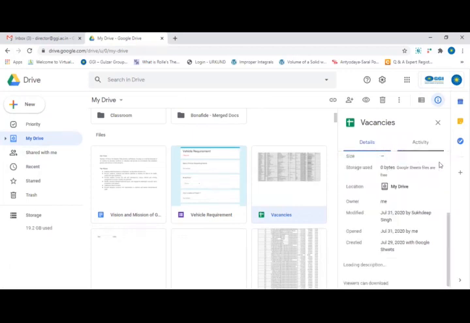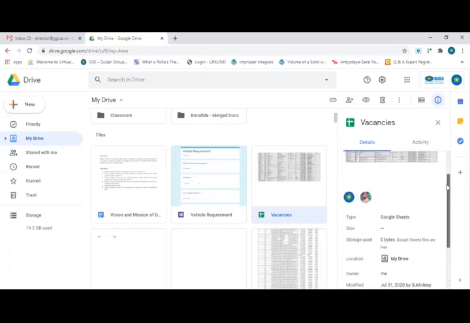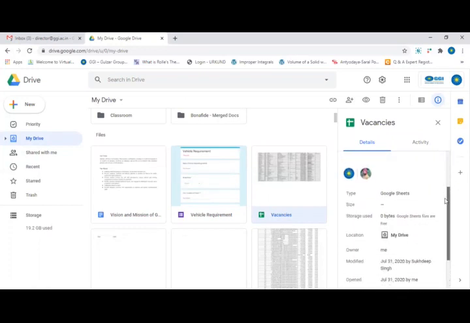First go through the details. So the details are, this is of Google Sheet type. Now you can see here the surprising thing is the size is 0 and the storage usually also 0. Whereas in the previous case, when we are using the Word file, there is 13 KB in size. But when we are using Google Sheet, the size is just 0 bytes.